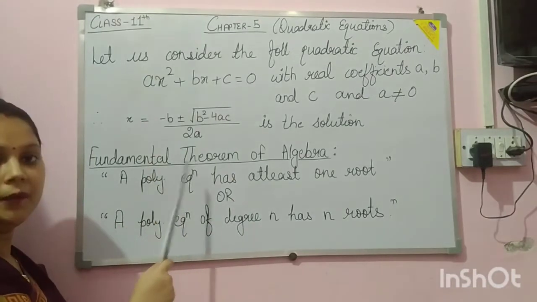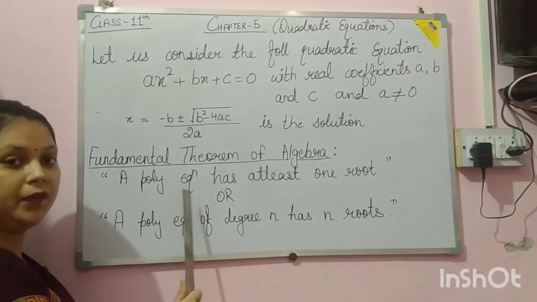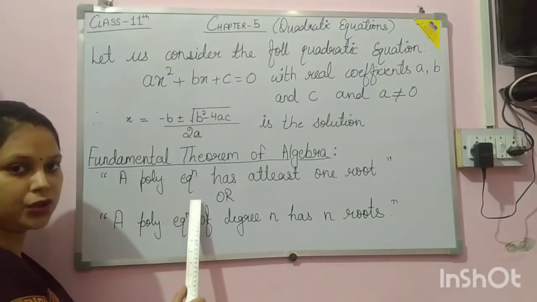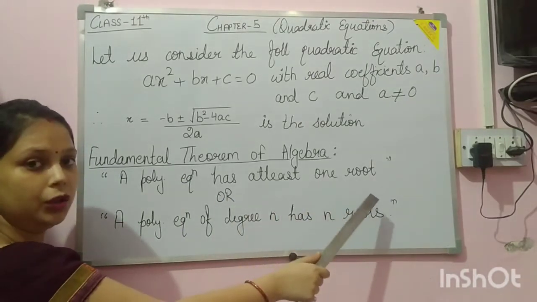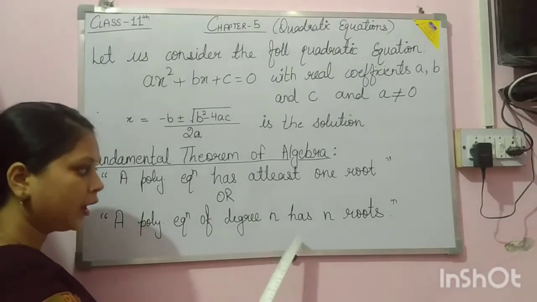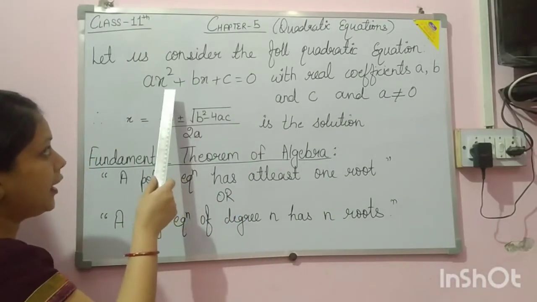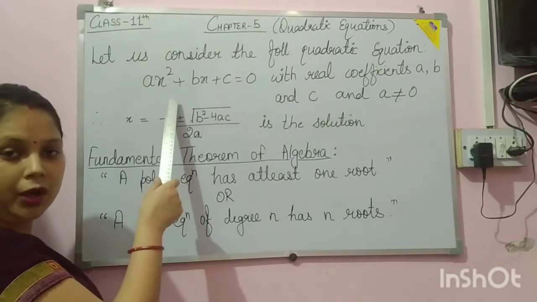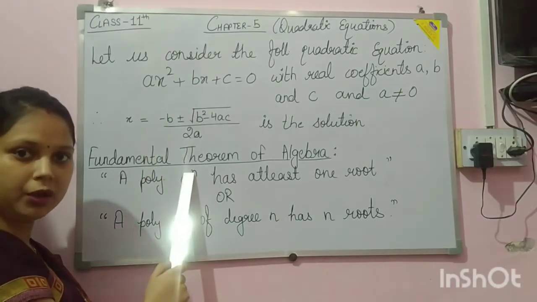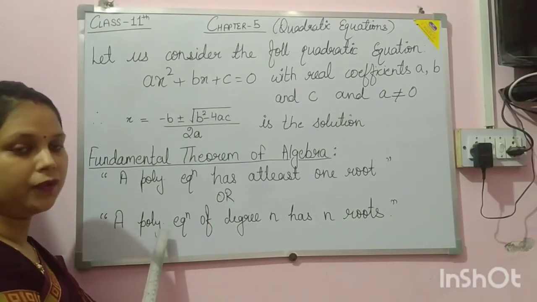Now there is the fundamental theorem of algebra. Now what is the fundamental theorem of algebra? A polynomial equation has at least one root. If you have a polynomial equation, then it should have at least one root, or you can say a polynomial equation of degree n has n roots. Means if the degree is n, then it should have n roots. As you can say that in a quadratic equation there is the degree 2, so that is why it has 2 roots. Okay, now we are going to discuss our next exercise 5.3, in which we have to solve these type